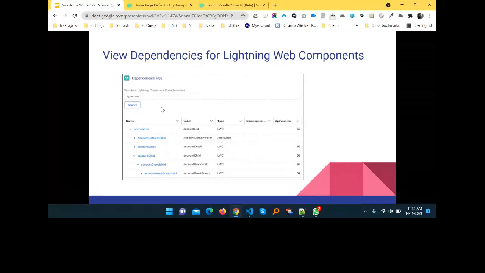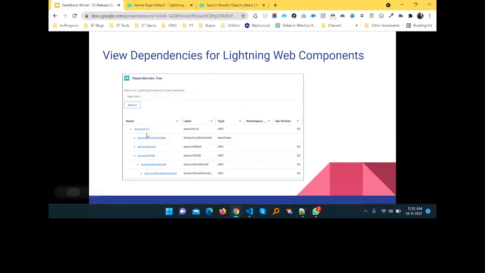With the help of a tree graph, you can easily understand this LWC component's dependencies, this Apex class as well as this component. So this account list component has two dependencies, one is an Apex class, second is an LWC. This feature is now available. You can go ahead and check it out in Salesforce.